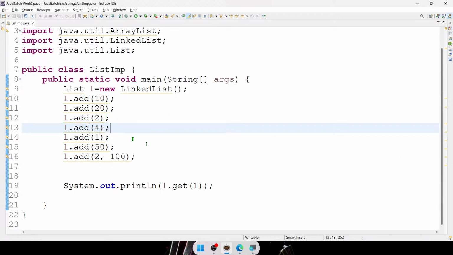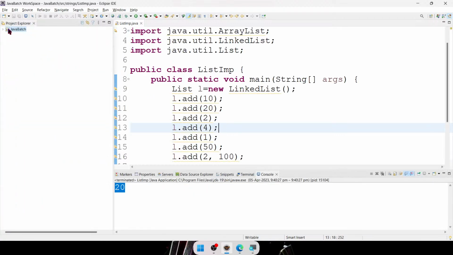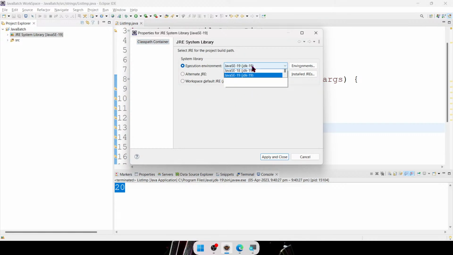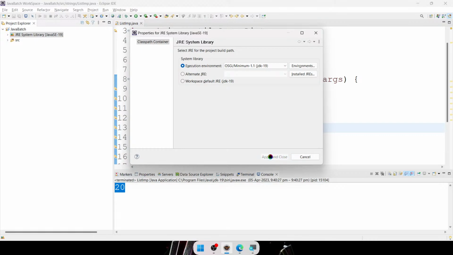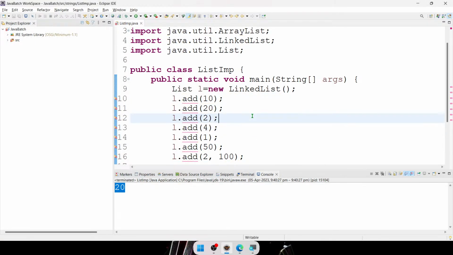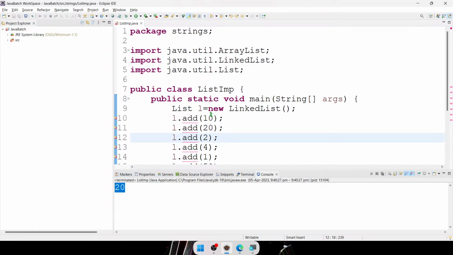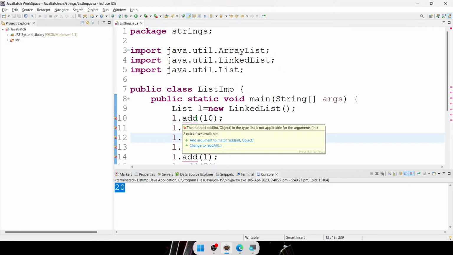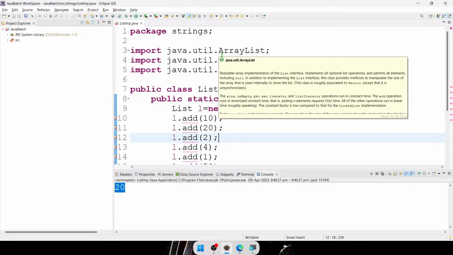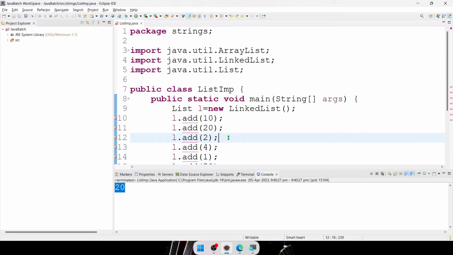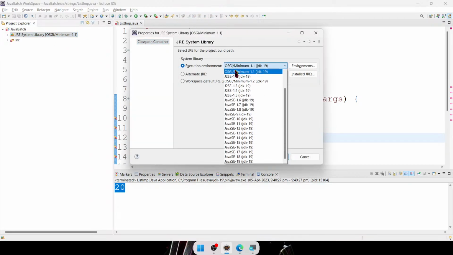If you change your JDK to, let me show that also. If I do it like this, it will throw me an error, guys. There is no array list. If I add version 1.2,